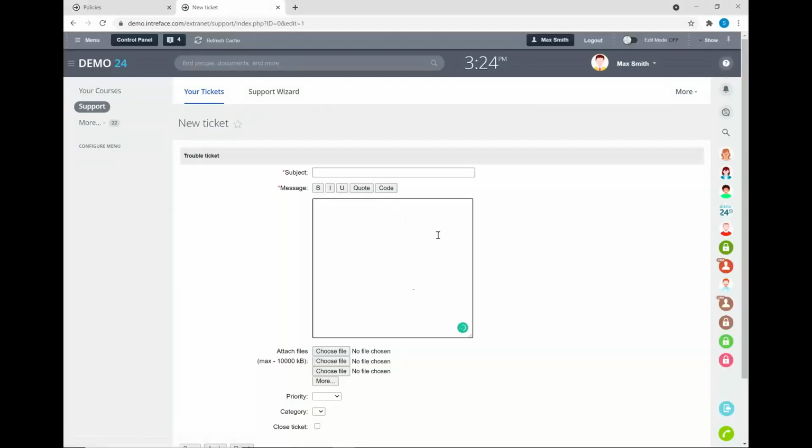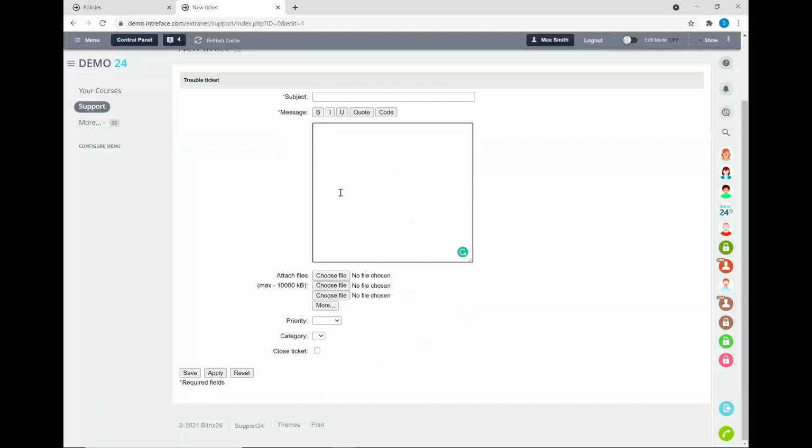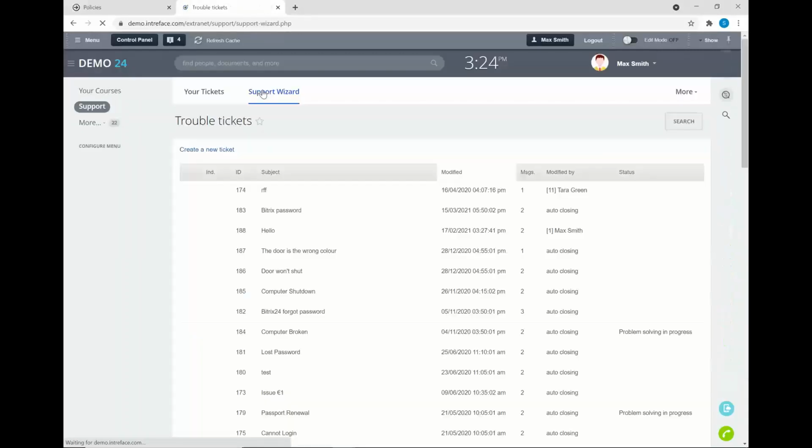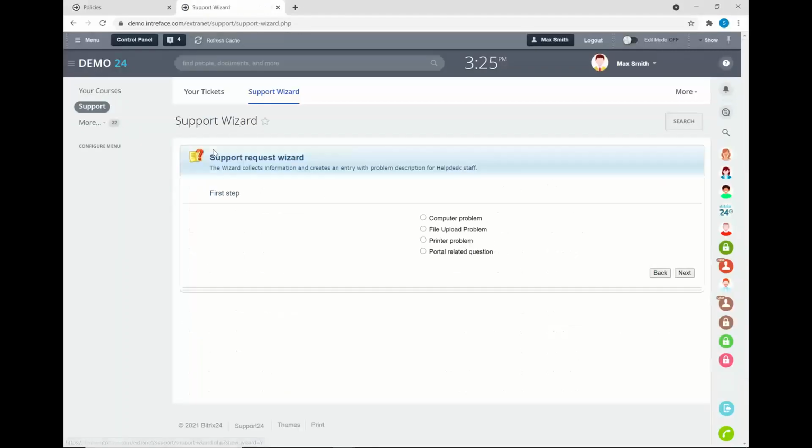So I can add my subject and my message, and you can customize what fields of information need to be displayed here. And I can then save that, and it will then go through to our support team in the internal side of Bitrix24. There's also a support wizard, and this is probably a more useful feature if you want to start channeling